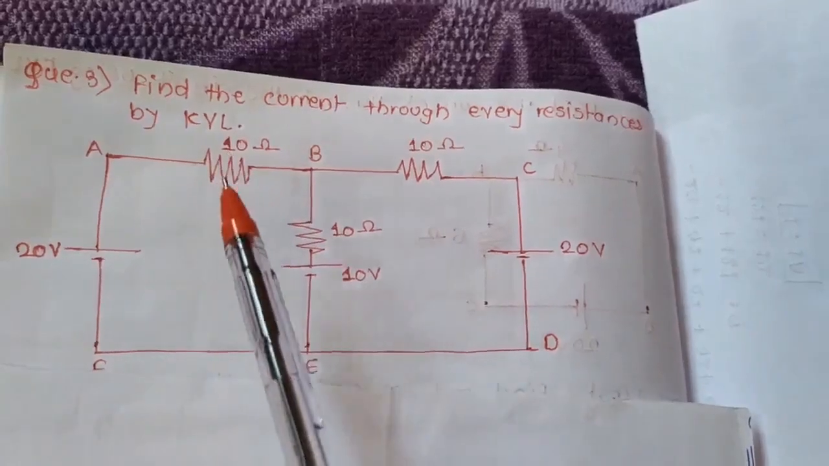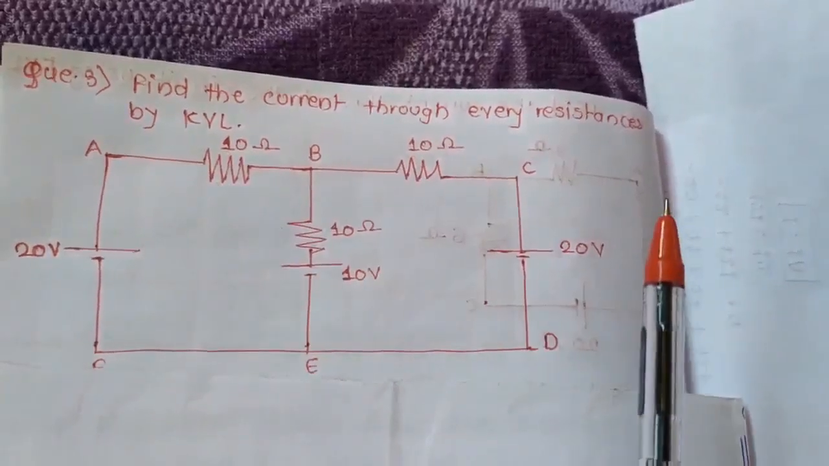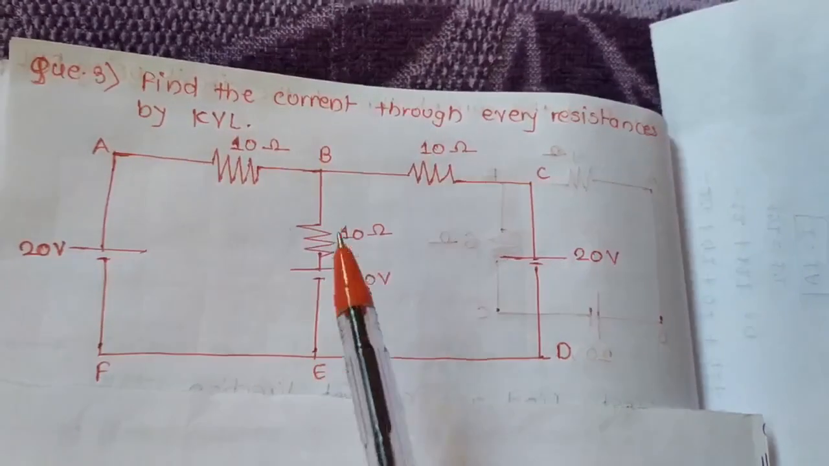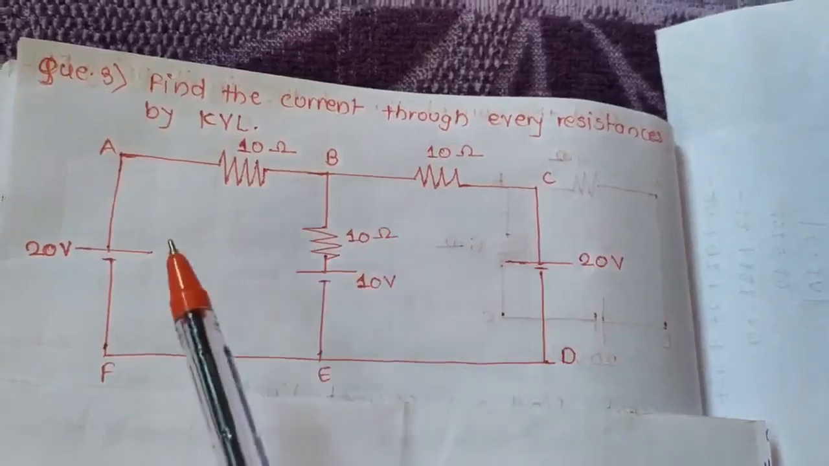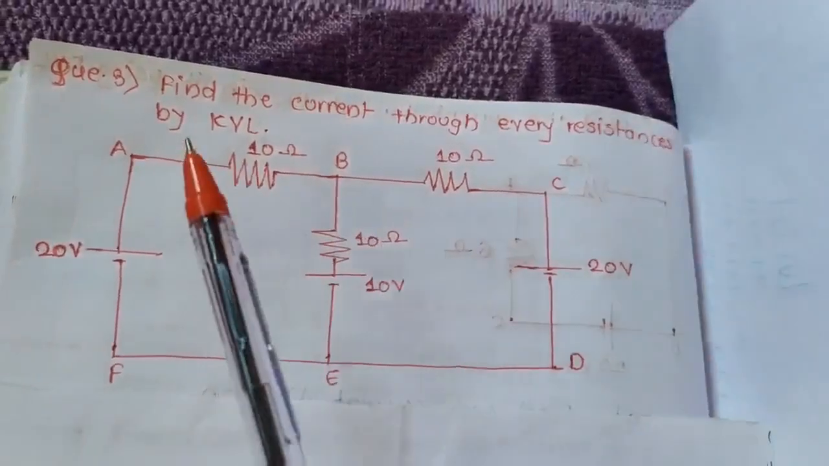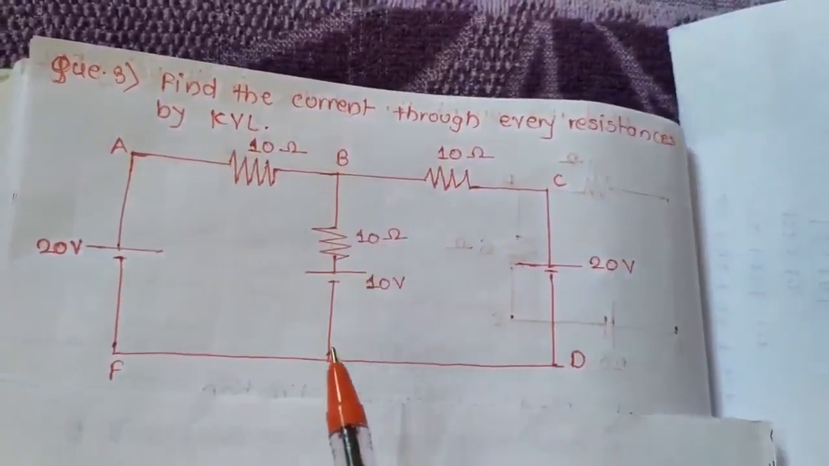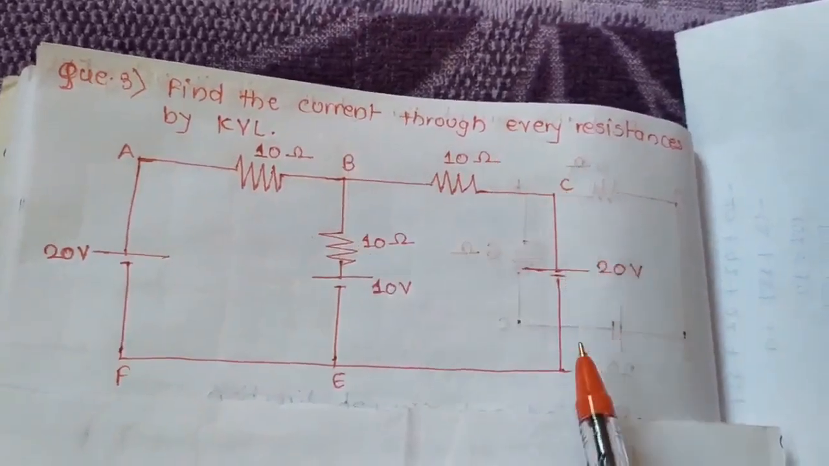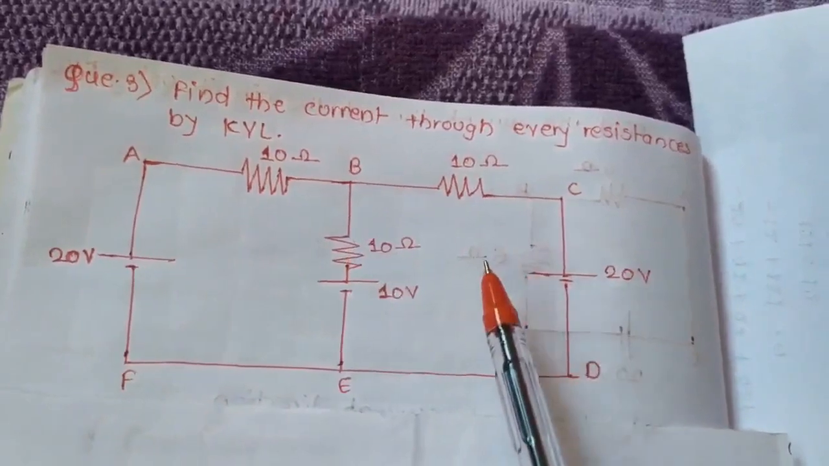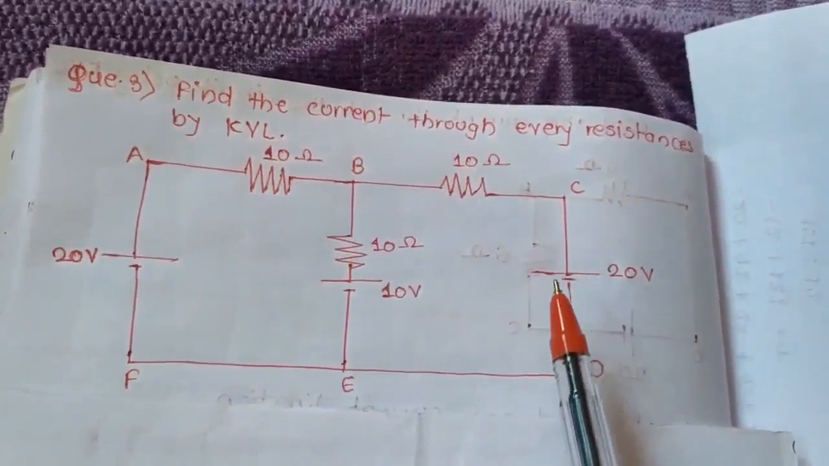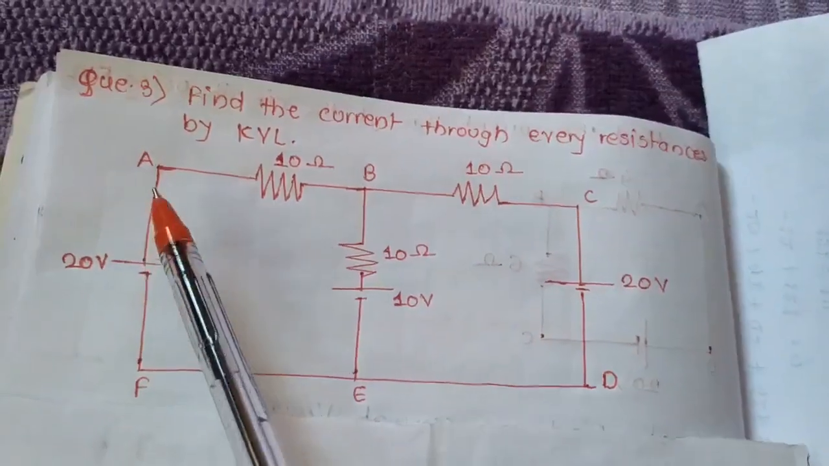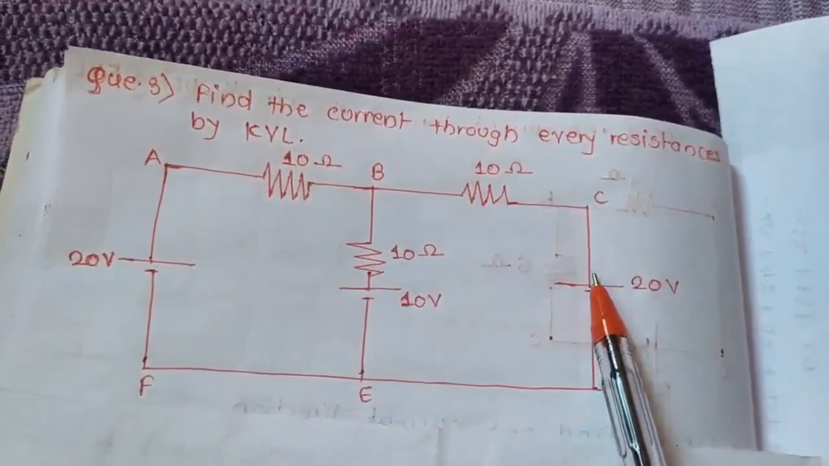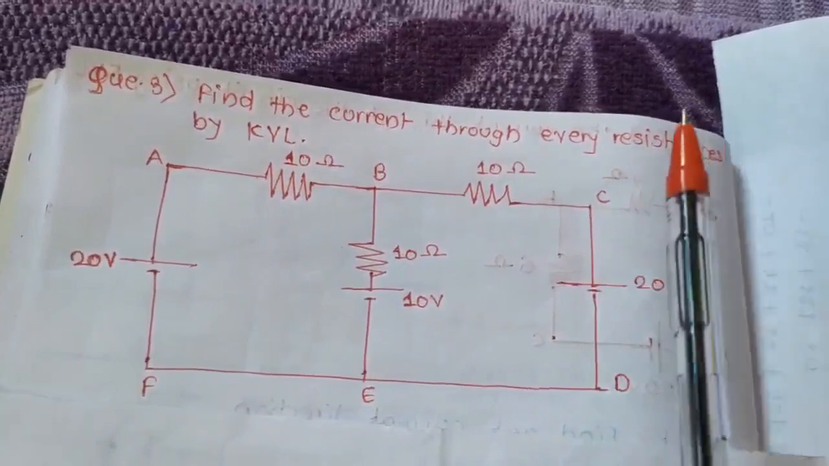Let's see this type of a circuit. This is a very simple circuit because we can see this is a symmetrical type of a circuit. See, A, B, E, F, A, this is the first loop. B, C, D, E, B, this is the second loop. Now, if we take current I1 from this source and current I2 from this source, we know that